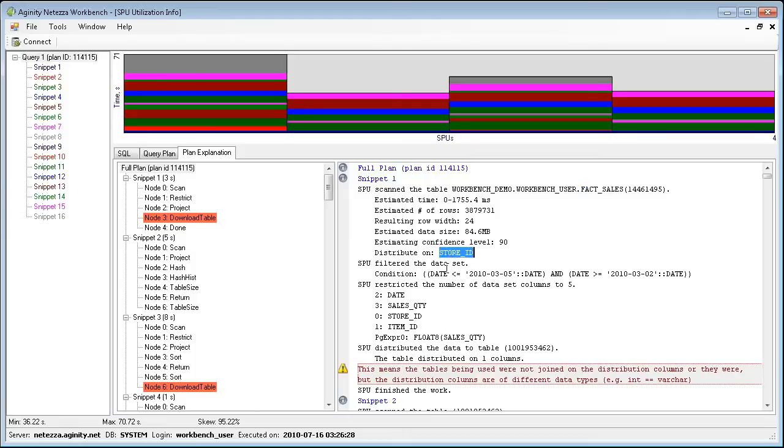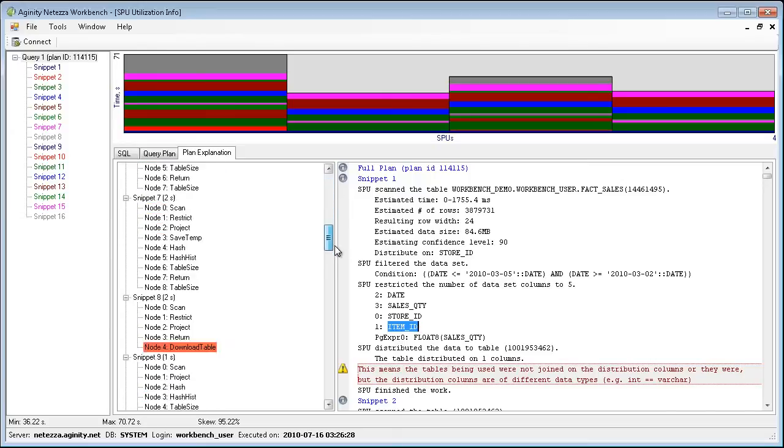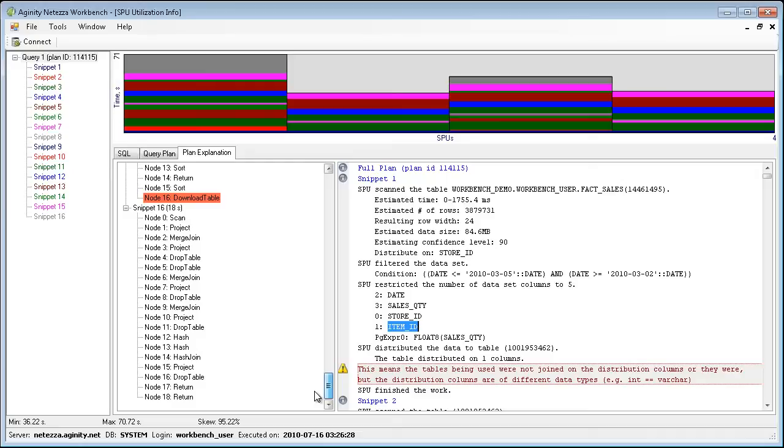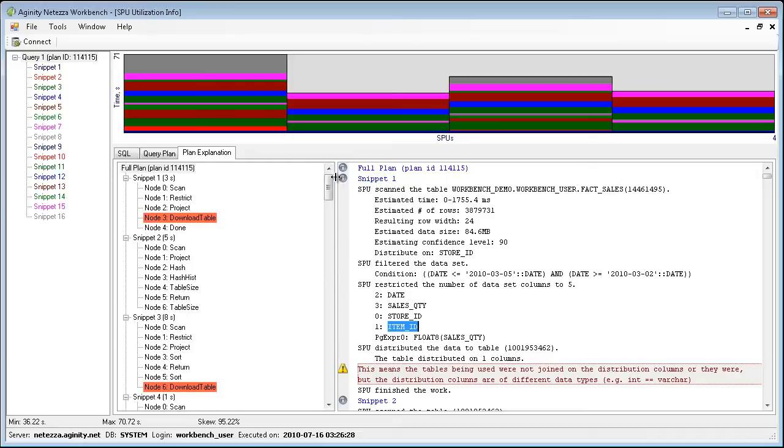So we can go to the plan explanation, which is Aginity Workbench's interpretation of the plan, and you can see where we're highlighting the fact that we are redistributing this fact table on the item ID. And we do this a couple times throughout the query, and this is probably contributing to this query running longer than perhaps it should. So we'll go ahead and close the monitor